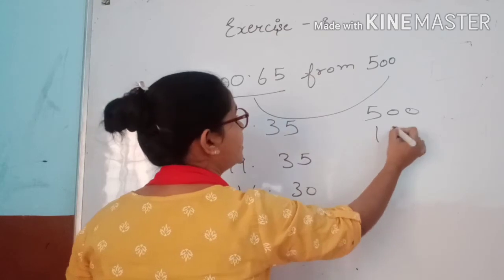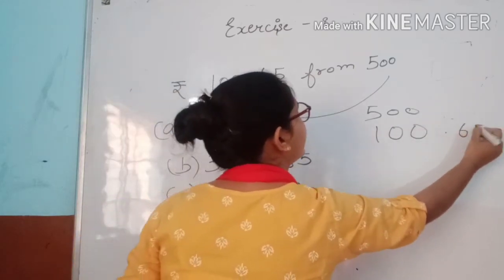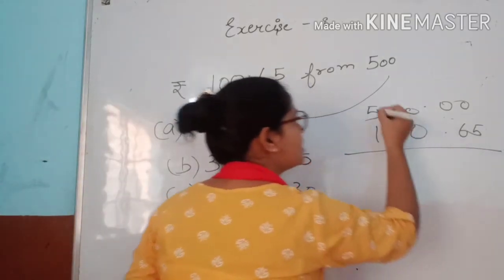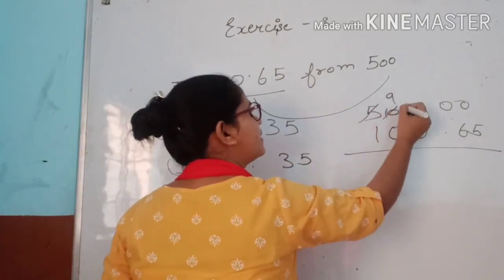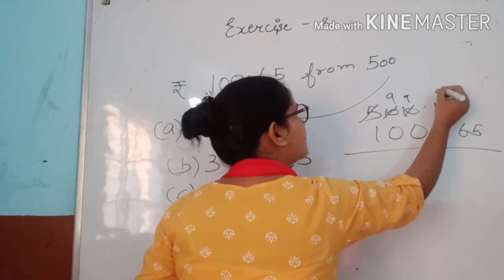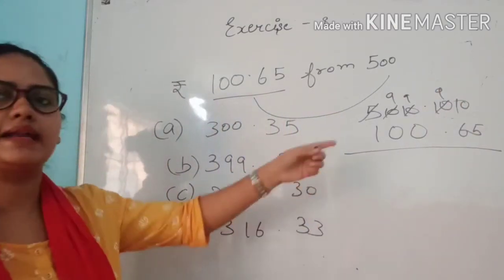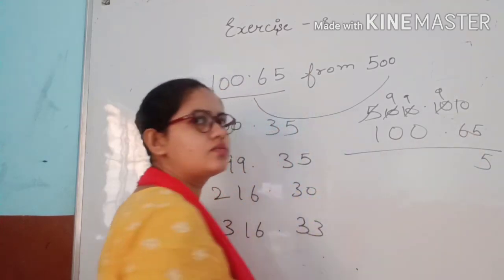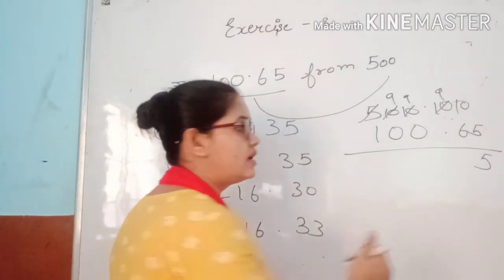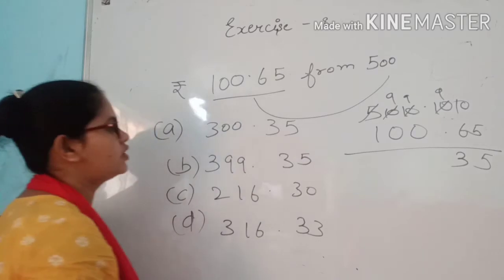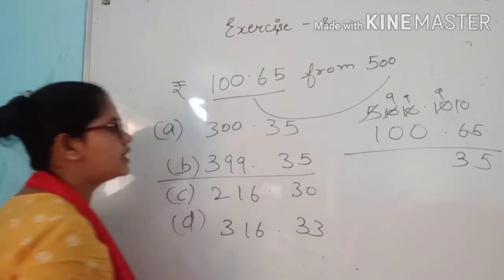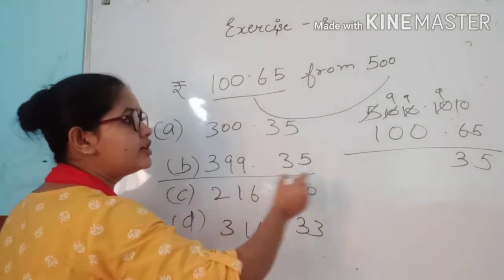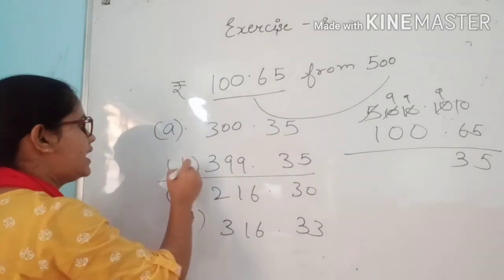Here is 100, here is 65, which means there is no paisa. So simple, 5 will give to 2, 10 becomes 9, it becomes 9, it becomes 9, it becomes 10. When we subtract 5 from 10, how much do we have? 5. 6 from 9, how much do we have? 3. Here will be 3. Now we can know that two options are right for us, according to paisa. Which ones are they? A and 2.